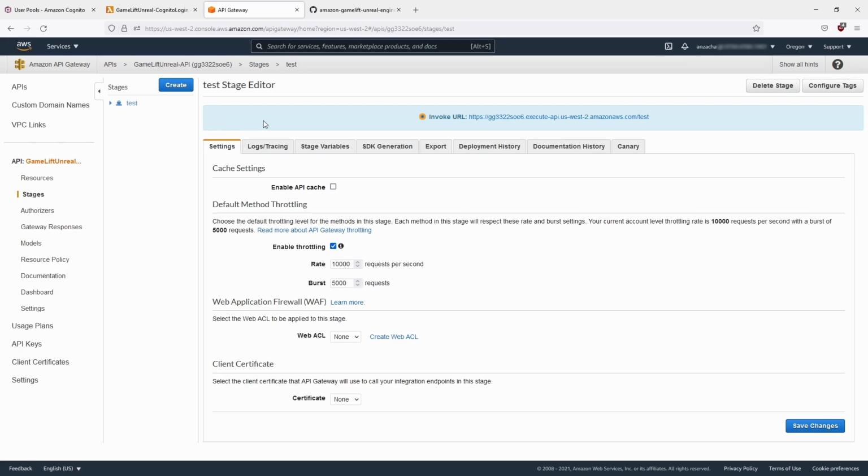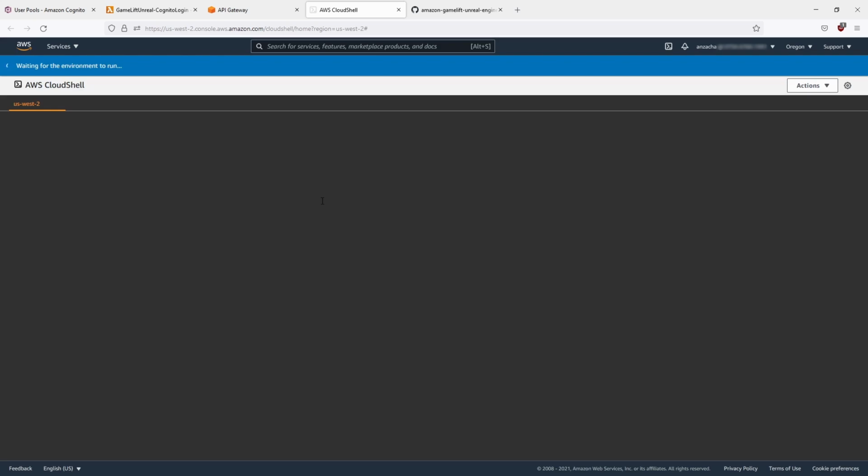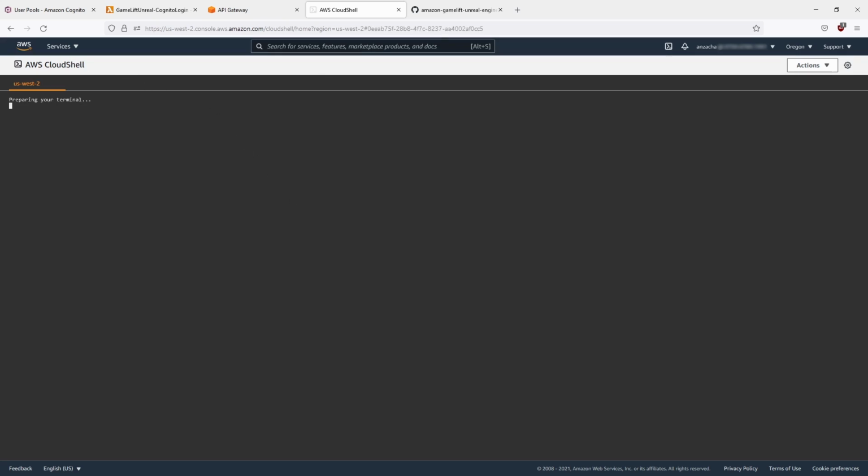So with this all set up, we just want to test this now. We're going to run a few curl commands to do that. So if you have a bash terminal where you can run curl, you can use that. If you don't have one already available to you, you can use the Cloud Shell here, which is built into the console. So I'm going to click on that, which will set up our Cloud Shell session. If you haven't run this recently, it'll take a couple minutes for the environment to set up. So now that we have this shell up,